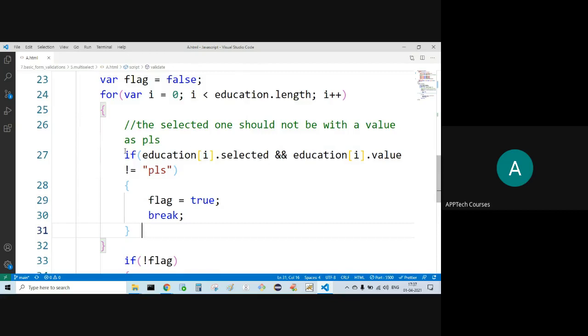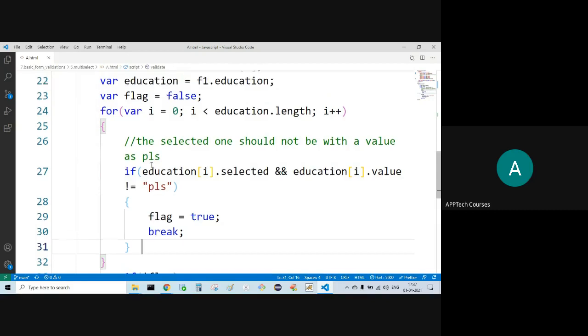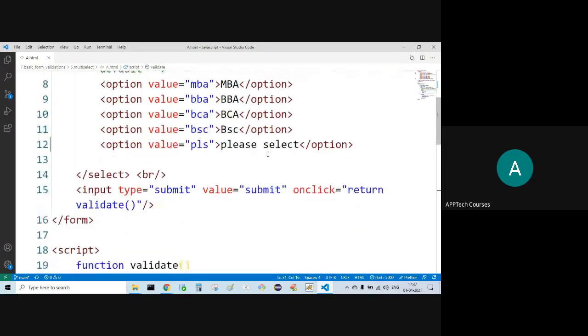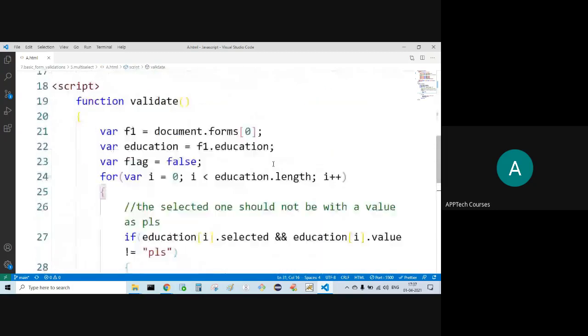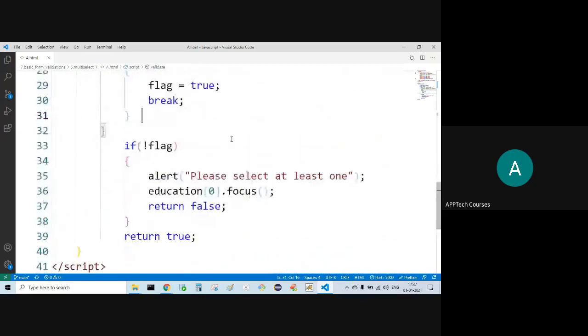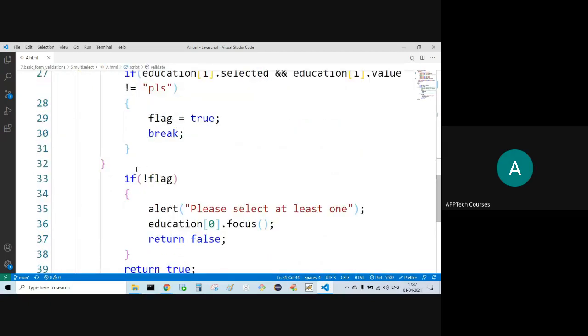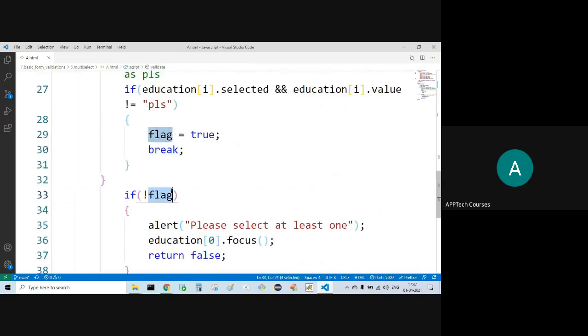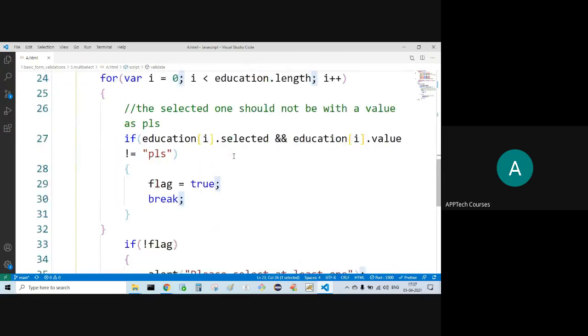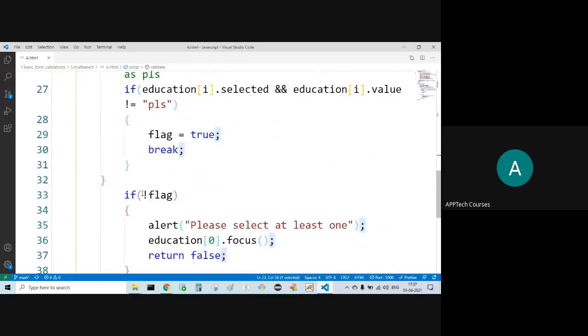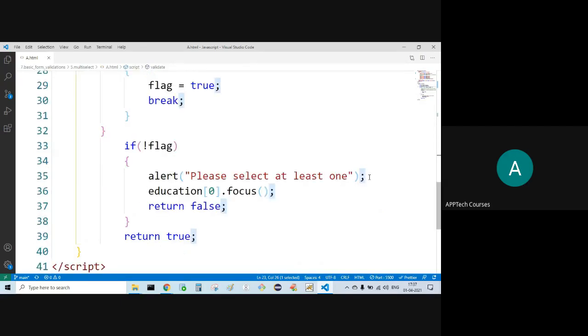Now there is no another option. Means PLS only is the last option, right? Iteration is completed. Coming out, if flag remains what? False only. Not false means what? Please select at least one.